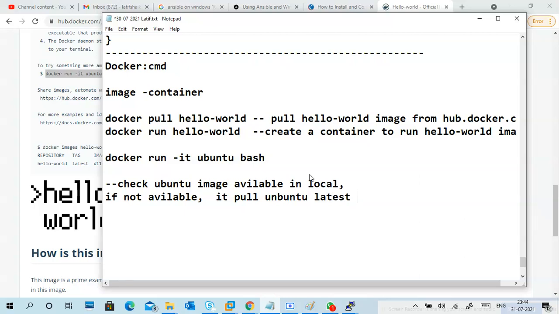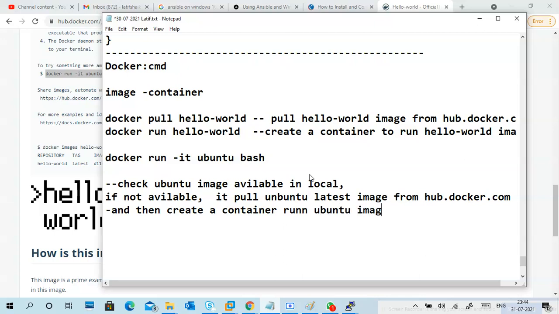So this is quick: if the image is available locally, it uses it, and if not, it will pull it, and then it creates a container and runs the Ubuntu image.